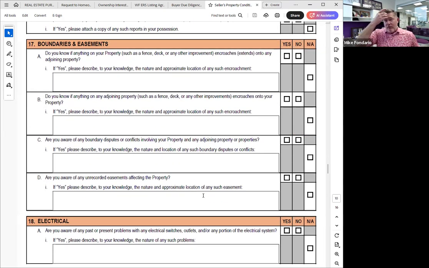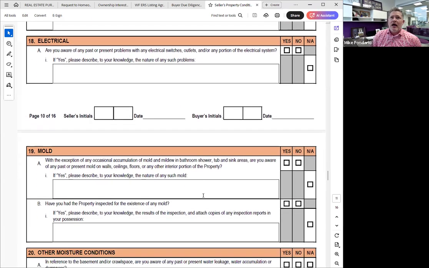Boundaries and easements. I think it was just our last huddle where we discovered and outed poor Peter Felis for his boundary line issue. That has been resolved. Congratulations, Peter. He is very likely going to a closing table, so congrats. Those things are a big deal. His example is a really good example of making sure you're double checking the state's GIS system, parcel maps, overlays, and if there are any discrepancies, make sure you point them out to your clients so they can do their due diligence on them.